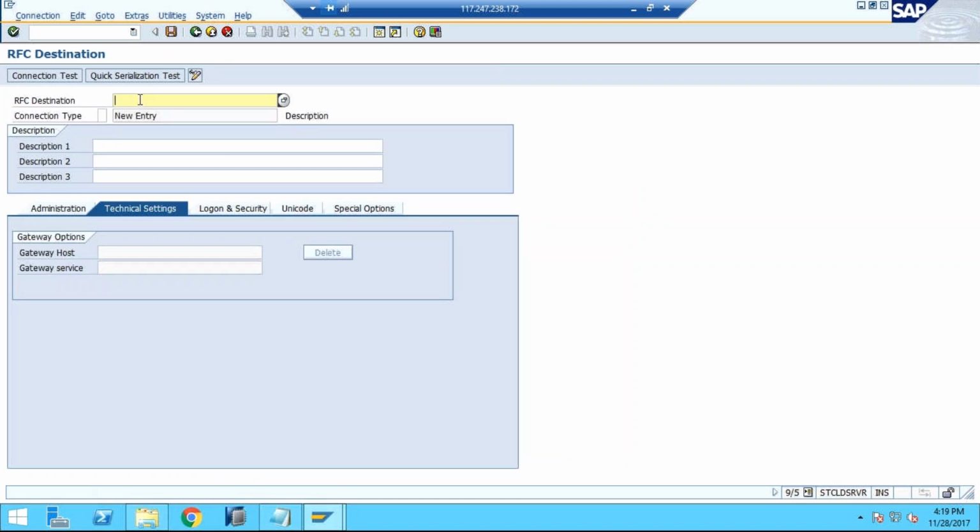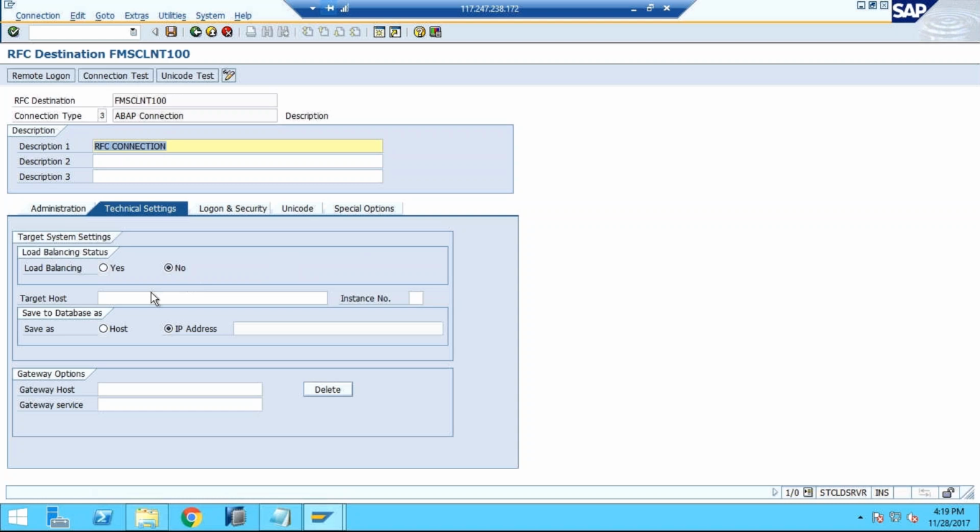RFC destination, HMS CLNT 100. ABAP connection, so it will always be 3. If you press F4, you can see that is the ABAP fixed connection. Description, connection. Now enter. Here, target: I don't know the host name, so I'm taking a dummy, but in real time